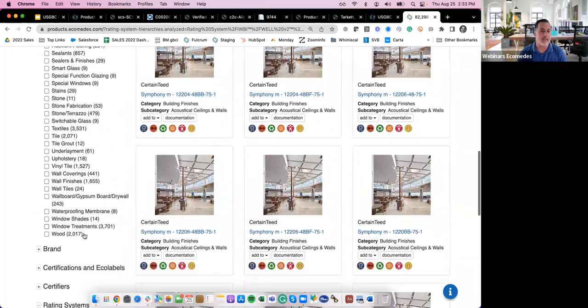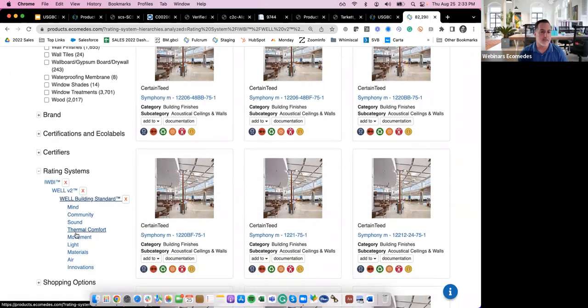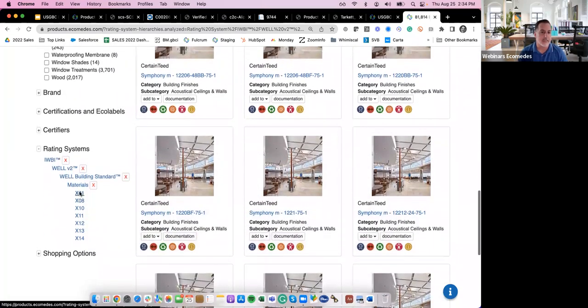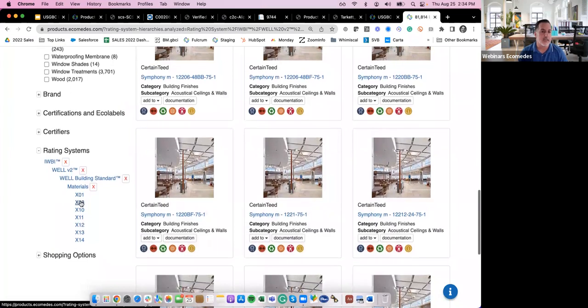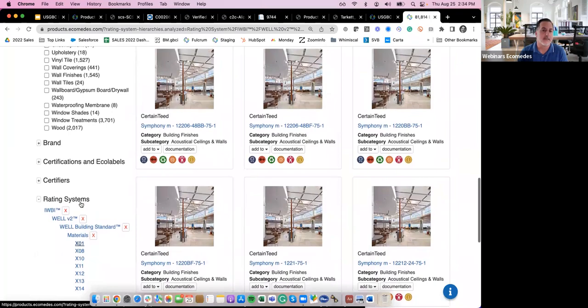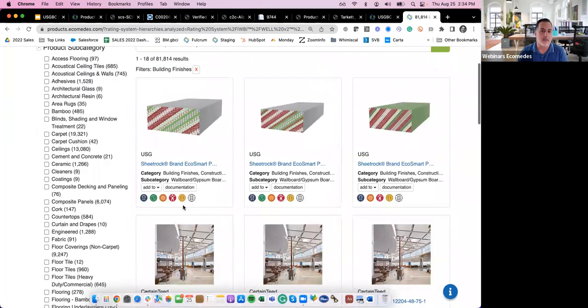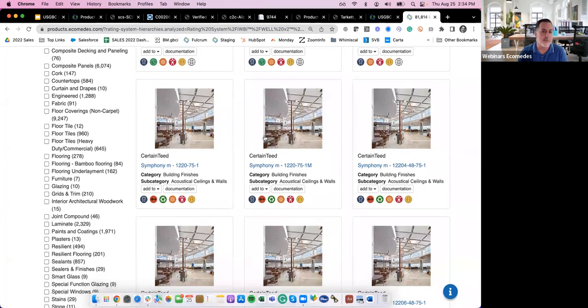And if you keep clicking down these standards, they'll tell you what segment of the standard you might be interested in. And if you click on materials, it'll get a little more refined, and then it actually has the credit language in there identified. So we've mapped anywhere that credit requires a certain certificate. Essentially, we're doing that matching for you so that when you're getting inspired by products, you kind of know that they already meet it. If you see a baseball card, which is what we call this view,